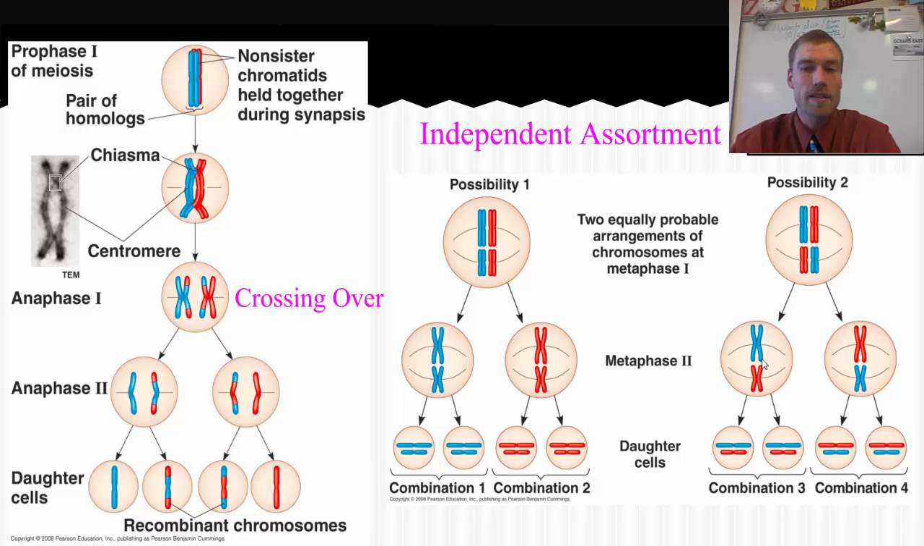Now, you might be wondering, why is it so important that we get all of this independent assortment and the crossing over? Why is it important that we have all this genetic diversity? That's very important for evolution, right? We need to have a large variety in the offspring, so that we can be better adapted to certain situations, survival of the fittest, all that kind of thing. We'll talk about that more when we get to our evolution unit, but this is the context for why it is